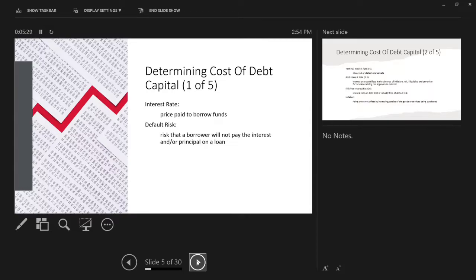And then we do also have default risk, a risk that the borrower will not pay the interest or principal on the loan, right? When you run a business, it is very common that if you are selling on credit, there will be many defaults. And even if somebody is lending funds to a company, new ventures especially get shut down, so you will not be able to pay the money that you have borrowed. So there is a default risk also there. The interest is fixed, you have to pay, but the default risk is there,